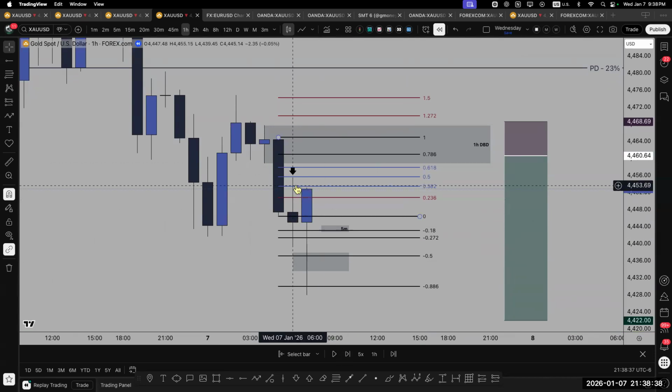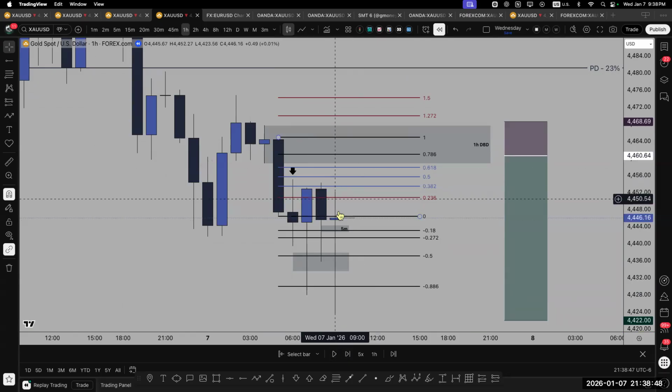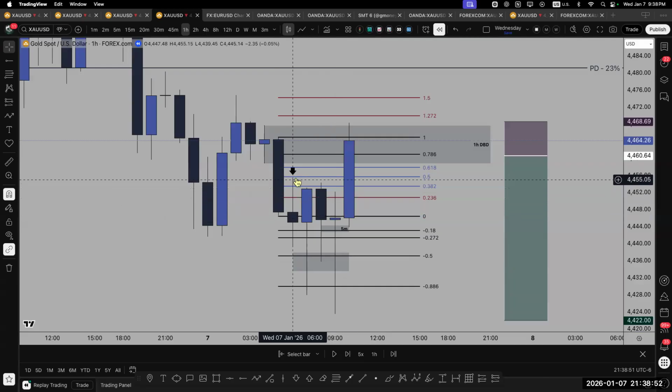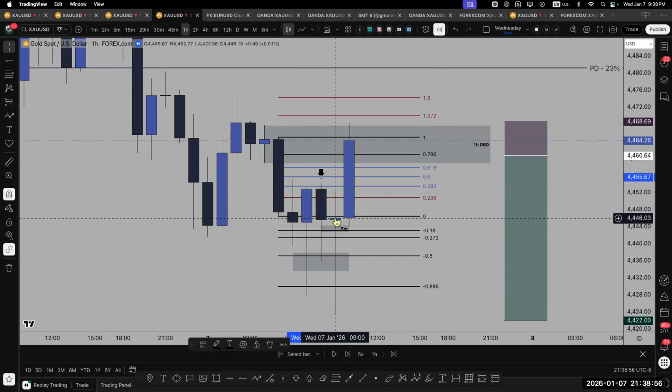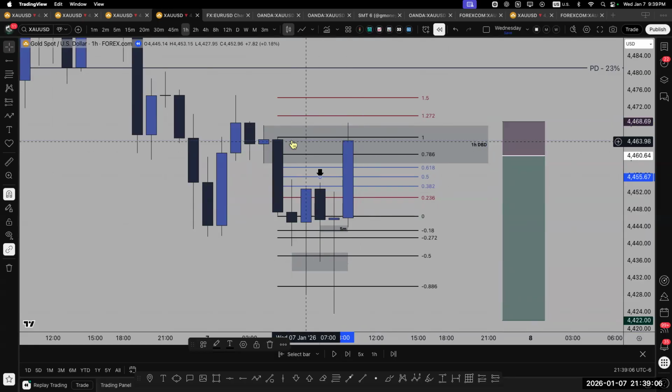It pulls in, touches the 50, 38% zone, and then comes down and touches all the way down here. Here goes the 8 o'clock right there. Because we slightly closed below 23%, I had a good feeling that we were going to push back down one more time. And then it did, but eventually, boom, it goes all the way back up and touches